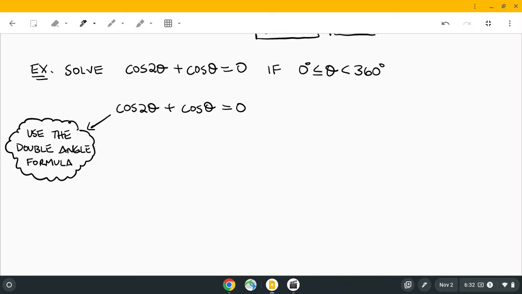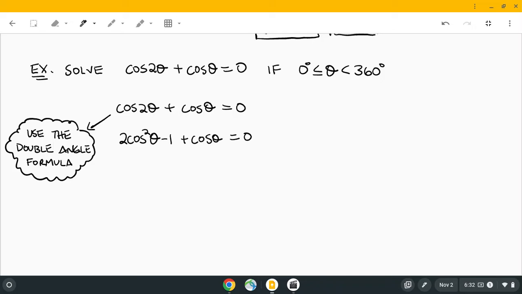So cosine 2 theta, I'm going to use the option that has 2 cosine squared theta minus 1. This is that second option for the double angle formula for cosine. And then I'll bring this down, plus cosine theta